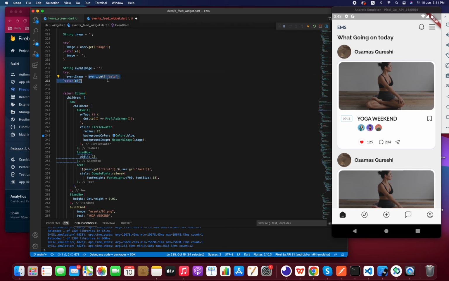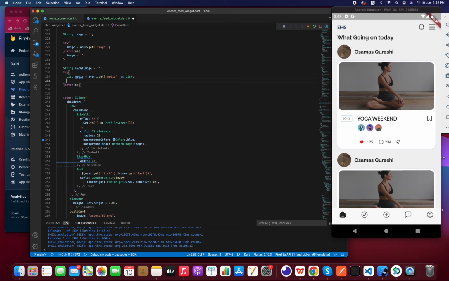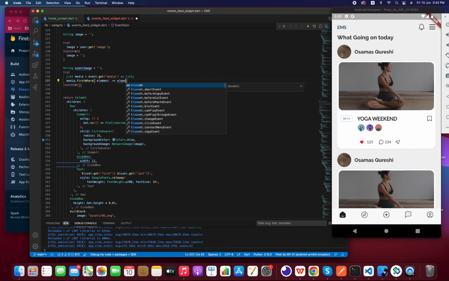First of all, we have to call event dot get, and then we have to call the media, right, as list. We have to store it as list, and instead of event image I have to call list media, and from this media I am going to get the element the condition who satisfies first. Media dot first where element whose is image becomes equal to true,